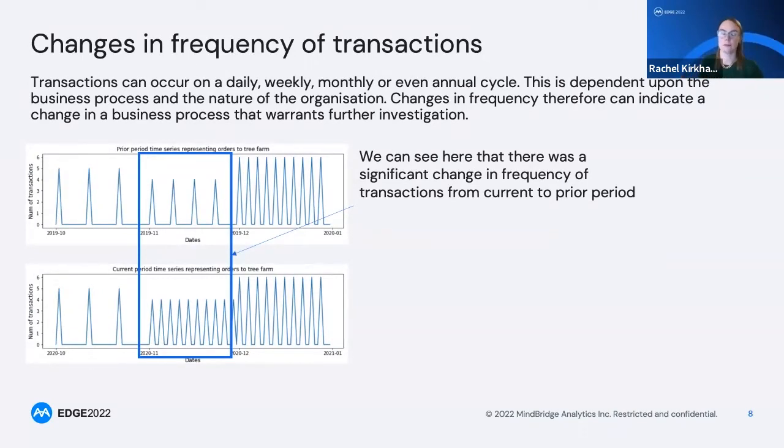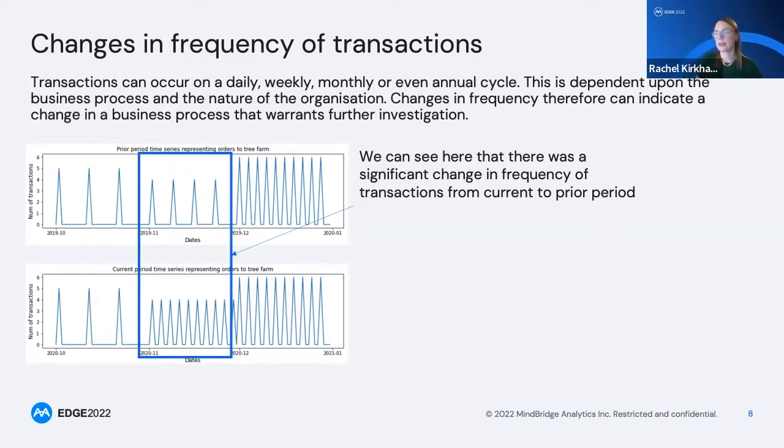So we could think about the frequency of those postings. Transactions can occur on a daily, weekly, monthly, or even an annual cycle, right? So understanding the frequency of particular account interactions, for example, credit AR, debit cash, understanding how often that occurs and what happened in your prior